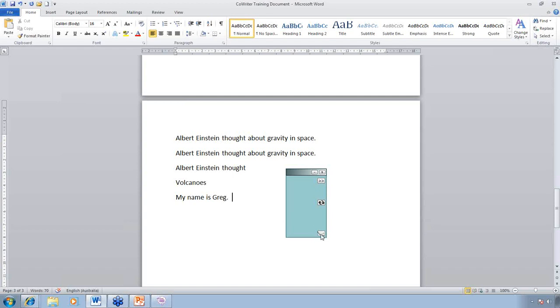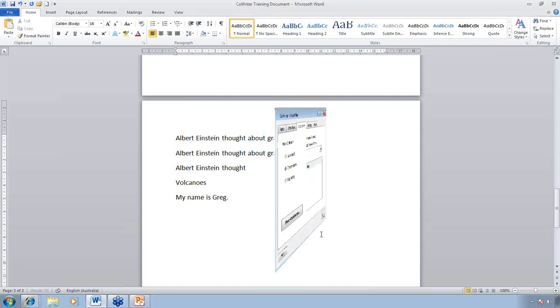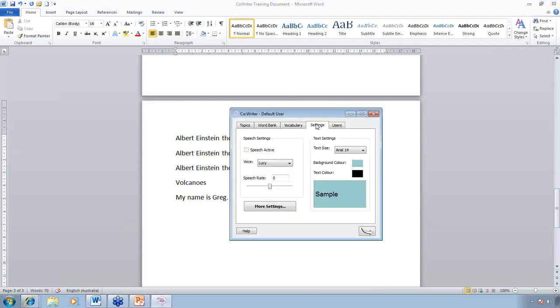Okay. If I go back to my Preferences button, one of the last things I can do is also change the way that my co-writer word prediction window looks. I can change the speech that I'm using. So currently I'm using Lucy, but I've got a number of other voices that are available to me, whatever voices I actually have loaded on my computer. So actually Graham is a voice that comes with the program. I can change the rate, how fast it speaks. And I also can turn the speech off so that the speech active